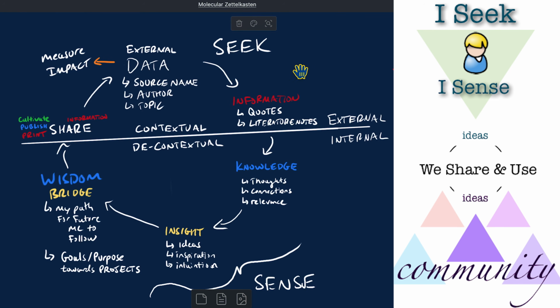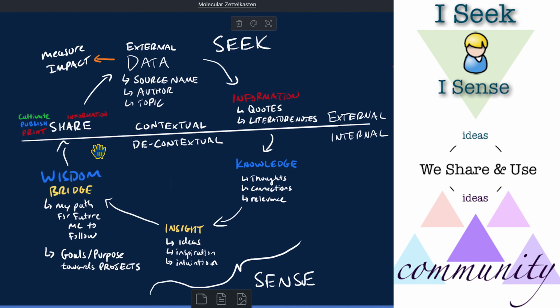This is all an external system. Then what I do is I decontextualize. I extract the atoms from their context and apply it to my own life. This is an internal application that makes connections between atoms in a way that removes them from the context. It decontextualizes. This is where I apply that information to my own life and make connections based on relevance and thoughts and ideas based on the projects and questions that I have.